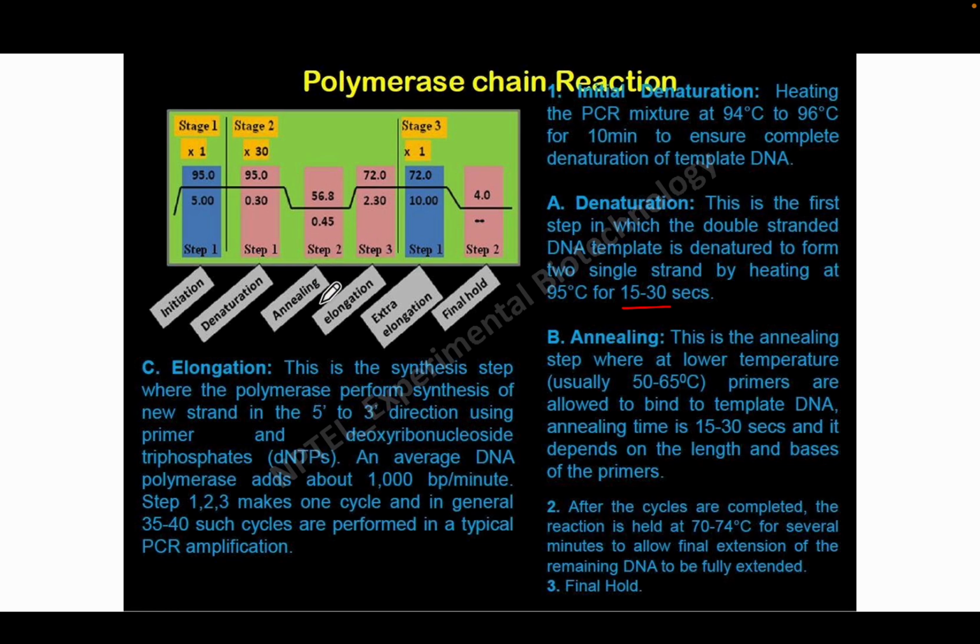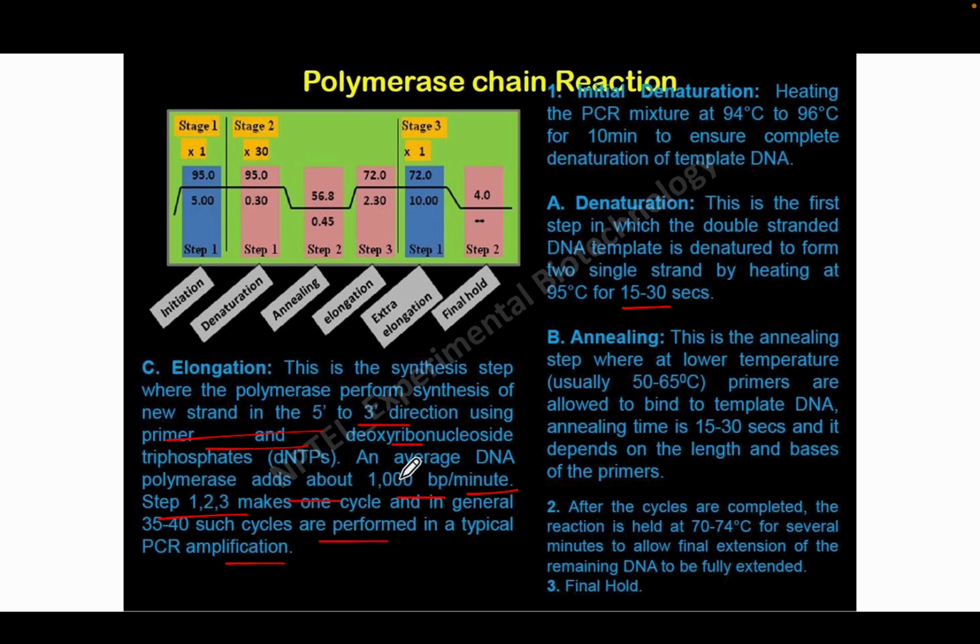After that, you will have the elongation step. Elongation is a synthesis step where the polymerase performs synthesis of the new strand in the 5' to 3' direction using primer and dNTPs. An average DNA polymerase adds about 1000 base pairs per minute. Steps 1 to 3 make one cycle, and in general 30 to 40 such cycles are performed in a typical